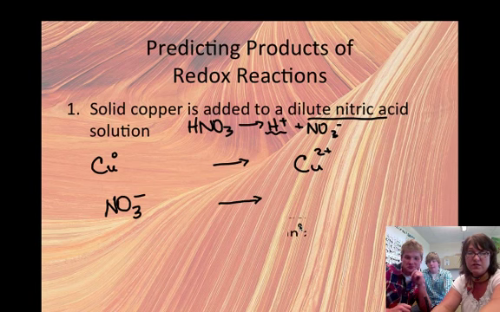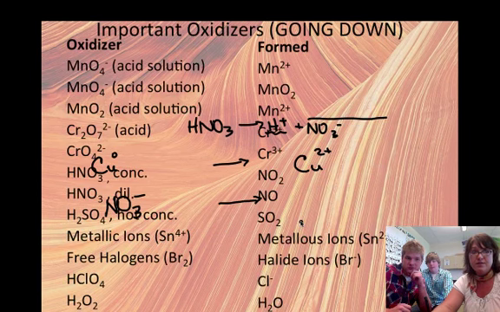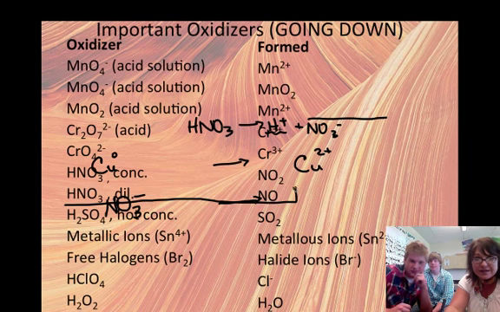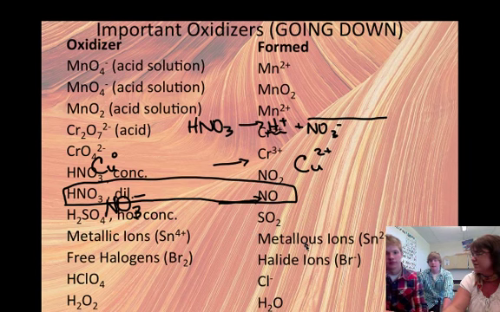So let's just go back to here. Nitrate. I've scribbled all over everything. It's hard to find. Okay, here it is. Dilute nitric acid does something different than concentrated nitric acid. Right? In concentrated, it goes to NO2, which was that brown gas that your teacher warned you not to breathe